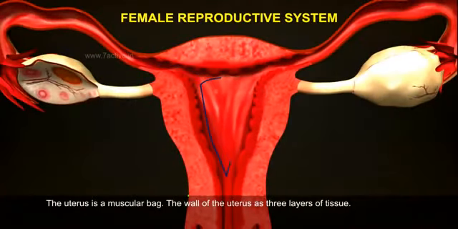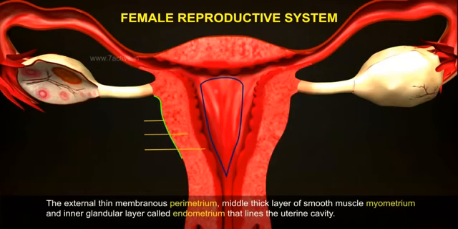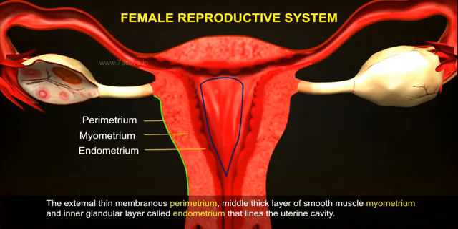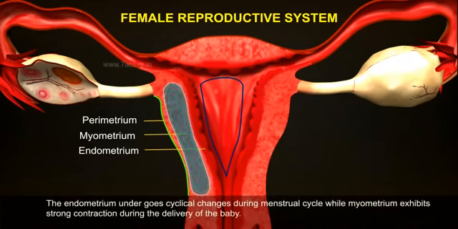The uterus is a muscular bag. The wall of the uterus has 3 layers of tissue. The external thin membranous perimetrium, middle thick layer of smooth muscle, myometrium, and inner glandular layer called endometrium that lines the uterine cavity. The endometrium undergoes cyclical changes during menstrual cycle, while myometrium exhibits strong contraction during the delivery of